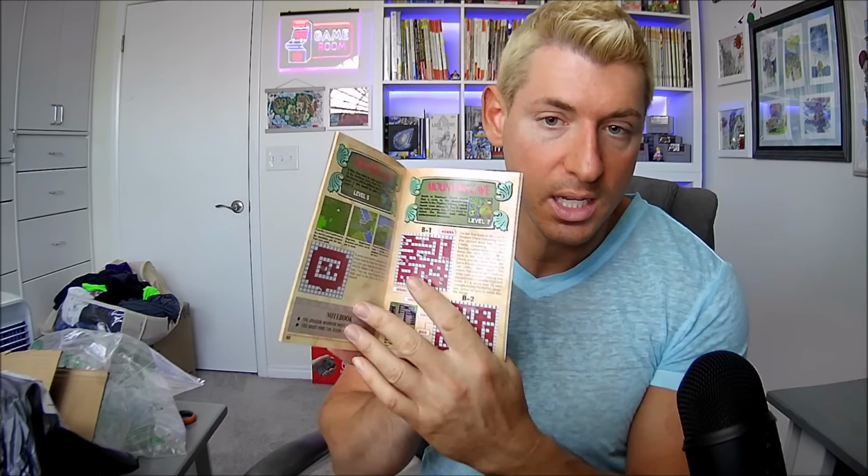What is all this? The Dragon Warrior Explorer's Handbook. This is thick. This is real thick and nice. This must have come with the game, but I don't remember ever having this with the game. I wonder if this came out with like a second edition of the game or something, because I got this